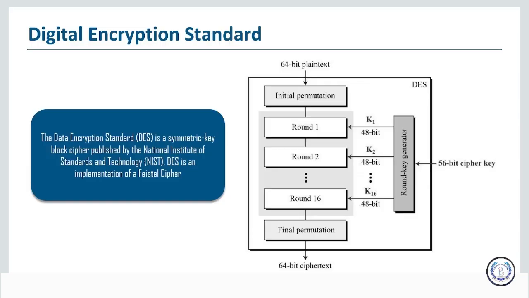Now, one thing that caused a little bit of controversy was that during the process of selection, NSA requested some changes, and it hasn't been particularly clear what changes were requested by the NSA. There has been some speculation that the NSA was requesting a backdoor into this encryption standard, which would allow them to look at encrypted messages in the clear. So basically, it would always give the NSA the ability to decrypt DES encrypted messages. It remained the encryption standard for the next couple of decades or so.